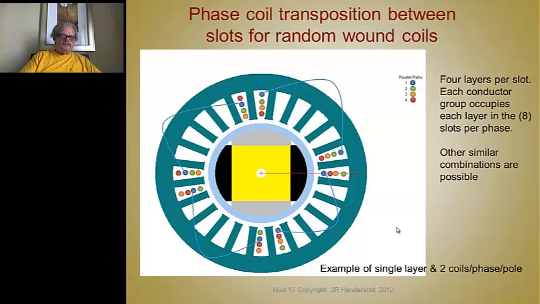There's a way to do that if you have random wound coils. Here's an example of that. If you can follow this, this is a 4-pole motor with 24 slots, so let's say however many turns we need per coil, we use groups of wires in hand to achieve the cross section that we need. And we break that up, say since there's 4 slots per pole per phase in this situation, you break this up into